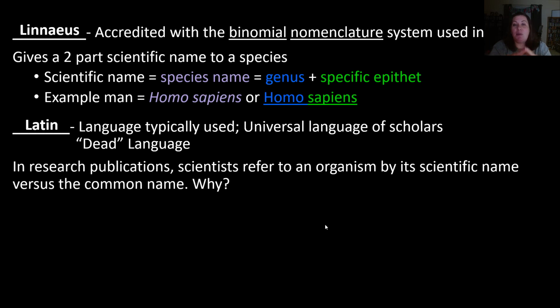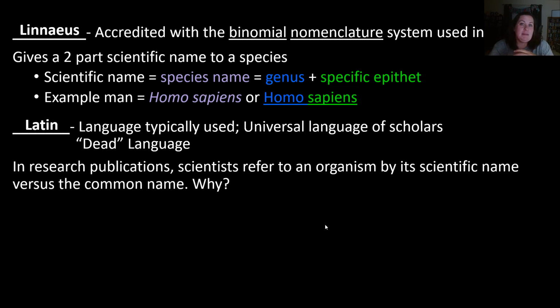Okay, it's the typical language used when we look at science, and the reason being is that it's a universal language of scholars. It's a language that's not changing right now. It's considered a dead language. So think about the English that you speak now. English you speak now is not the same English your parents spoke or your grandparents spoke. We have slang terms that come into play. We have different ways that we use words. And so because of that, we don't want to use any kind of language that is constantly changing right now. And Latin is one of those that's not. It's a dead language. In research publications, it's really important that we do use the scientific name for organisms because